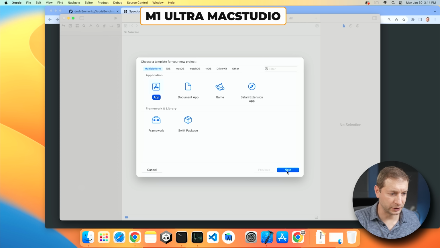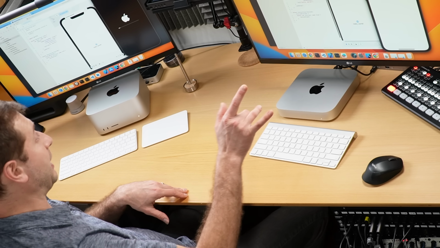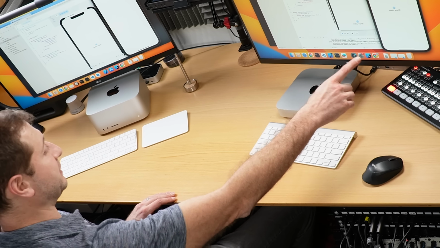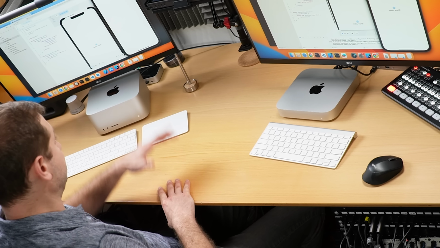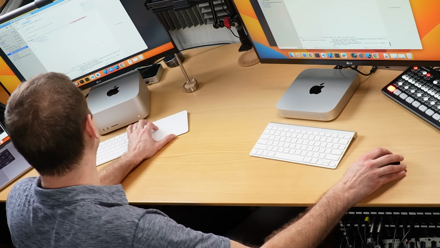Let's create a new project here as well. Here we are. And I'm just gonna run this project. And the simulator popped up first on the M2 Mac Mini. And the app started on the Mac Mini by a long shot. We're still waiting on the Mac Studio. There we go. Now, that is not a typical behavior, but I thought I'd keep that in the video anyway,